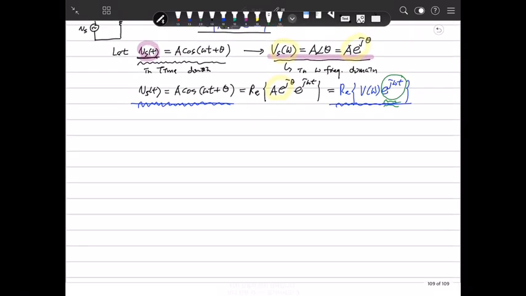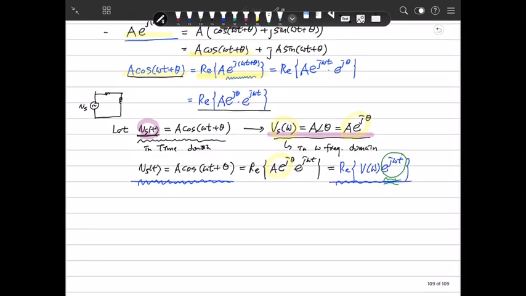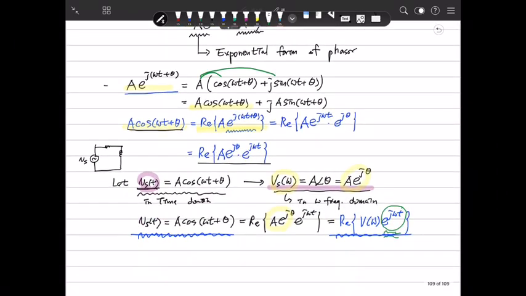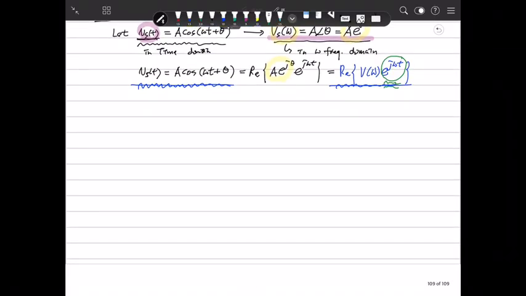Anyway, you can solve that. The reason we discuss this here is that I want to apply this phasor expression to KCL and KVL. We already know that all electric circuits have